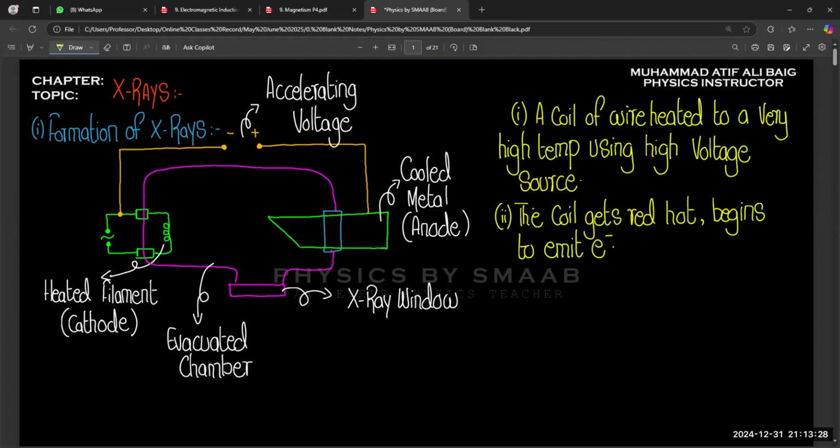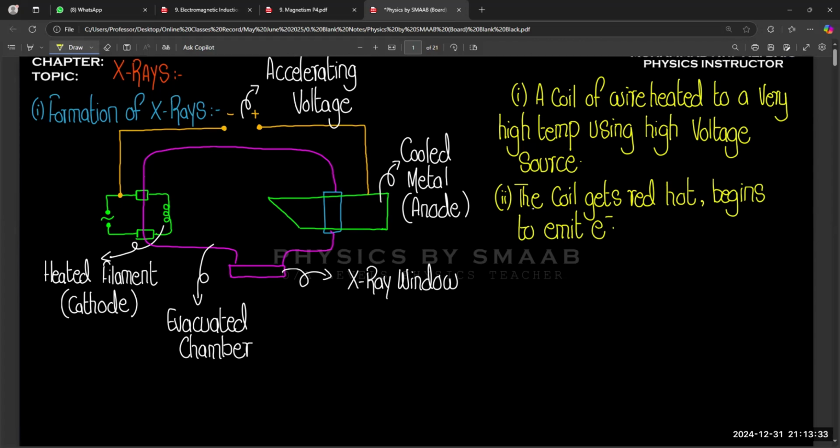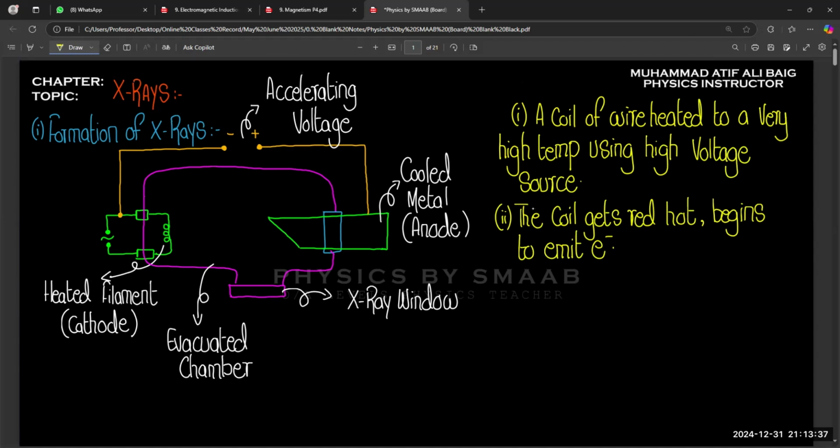In short, it is called thermionic emission. One of them is photoelectric emission, which is for photons, and thermionic is for when they use thermal energy to emit electrons. Basically, in the photoelectric effect, we are actually studying photons, so that's why we are using a light source. But right now, we are not interested in photons, so we are using a simple voltage source to emit electrons.